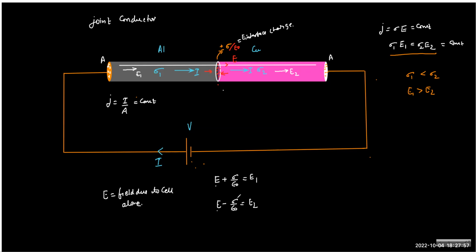If you want to know the answer, it's very easy. You can subtract, and once you subtract, you get the answer. So equation 1 minus 2 implies E1 minus E2, because E1 is bigger, is 2 sigma by epsilon naught, right? So the sigma we are getting is